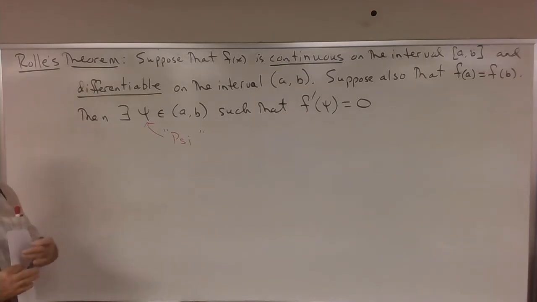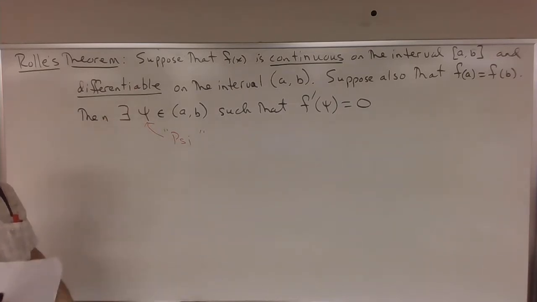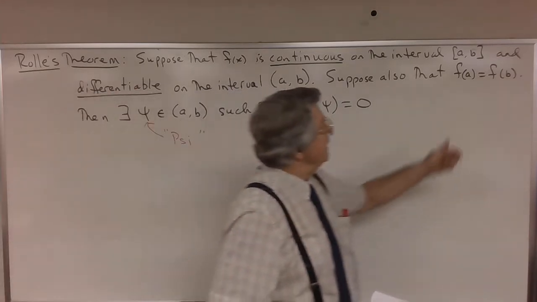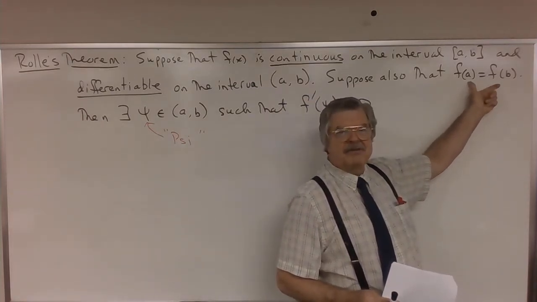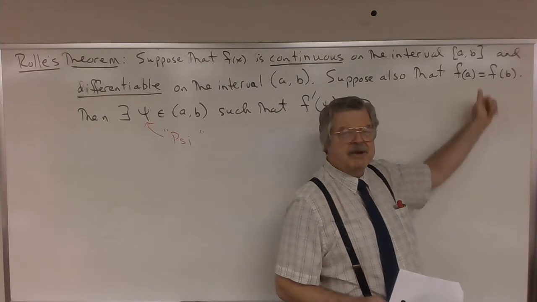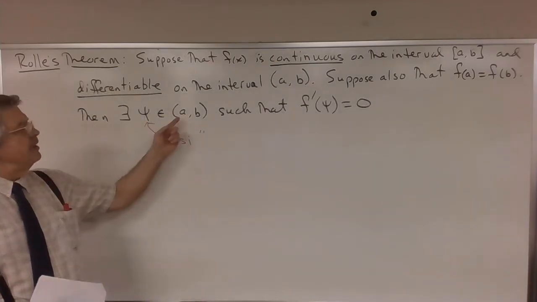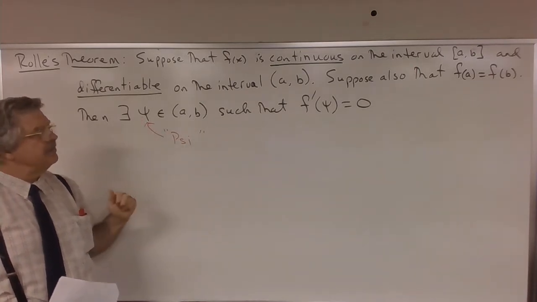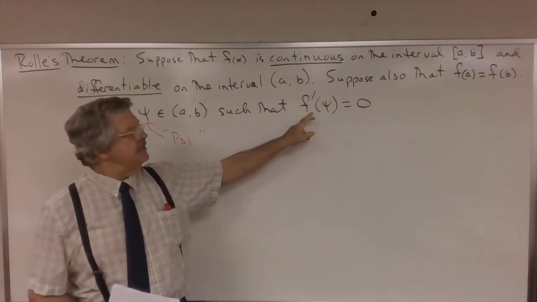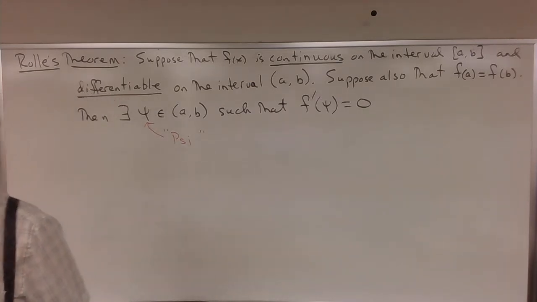So if f of x is continuous on the closed interval AB and differentiable on the open interval, and if f of a and f of b are equal, in other words, f has the same value at the two endpoints, then somewhere in between a and b, there's a value of x such that the derivative at that point equals 0. And before we prove it,